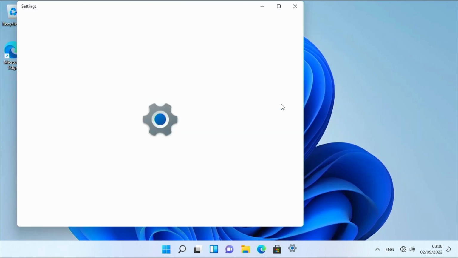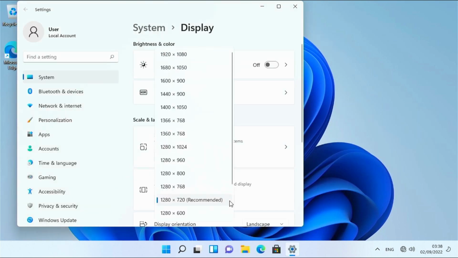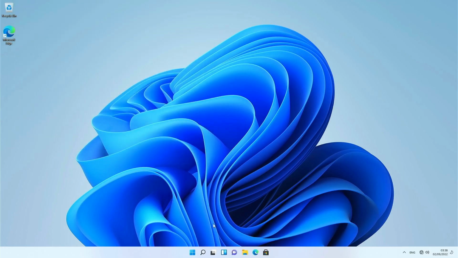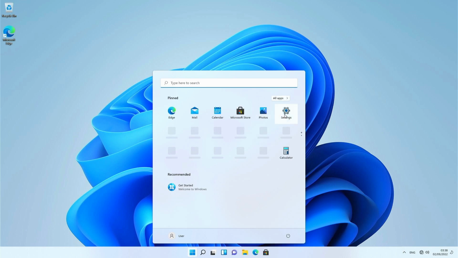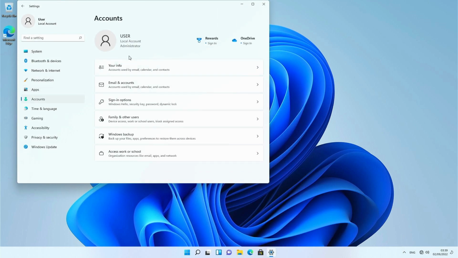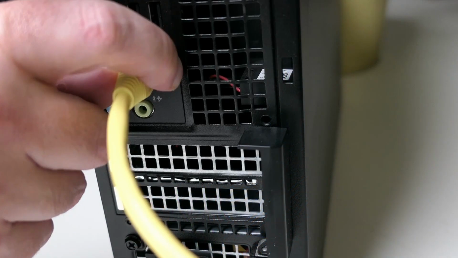Let me first quickly change the resolution, as something went wrong with that earlier. But as you can see, we do have a local account just as we wanted. The last thing we need to do here is to re-enable that network interface which we disabled during the wizard. If you went with the first option to disconnect the cable, you can just simply reconnect it and you're done.